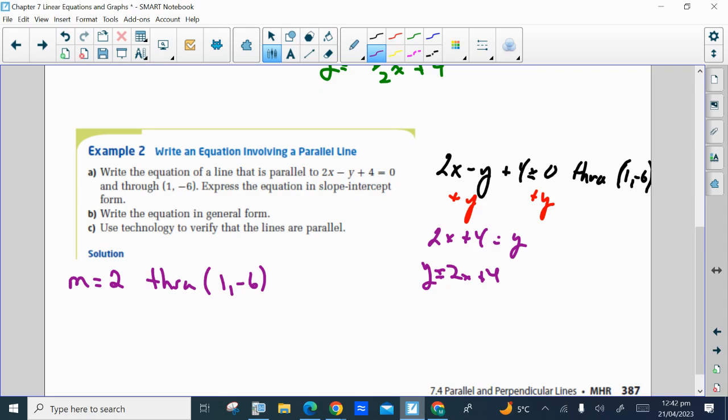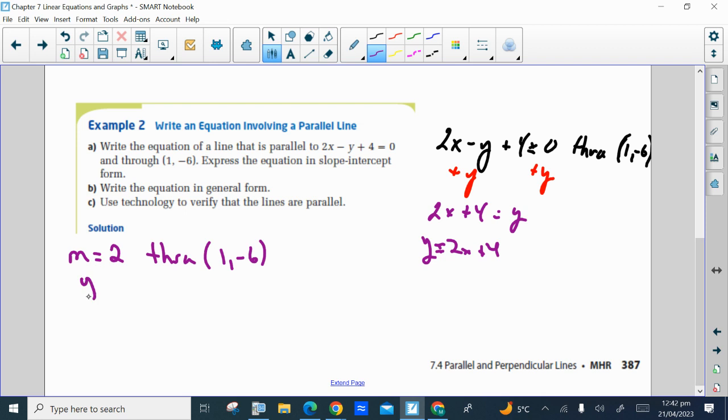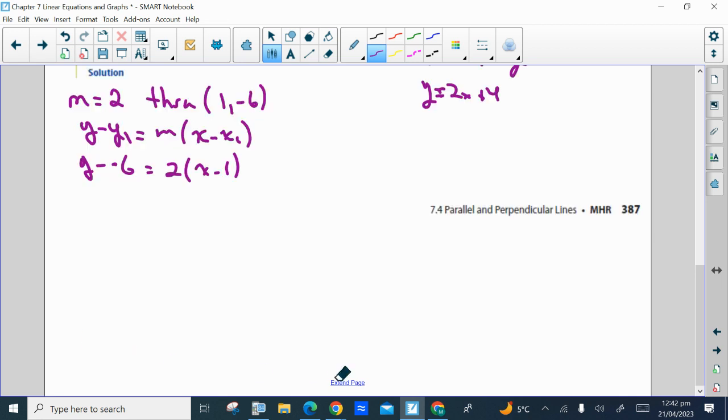And we can do this using the point slope form of a line. Remember, point slope form is y minus y1 equals m bracket x minus x1. y1 is negative 6, so it'll become y minus negative 6 equals m, which is 2, bracket x minus x1, which is 1. The minus minus becomes a plus, positive, so it'll be y plus 6 equals